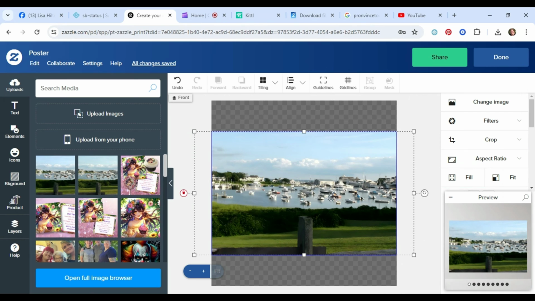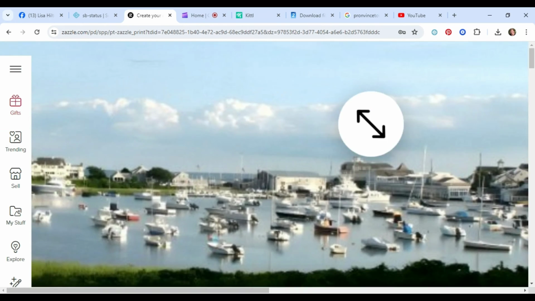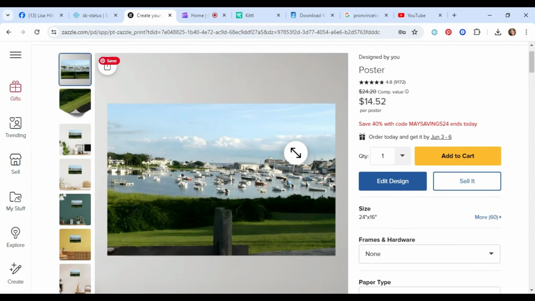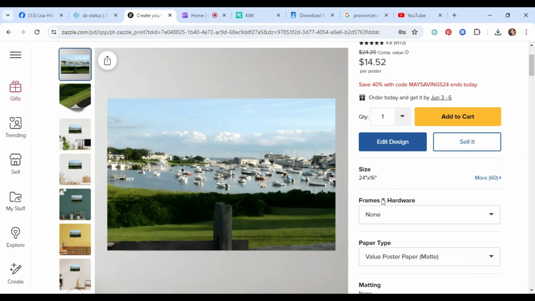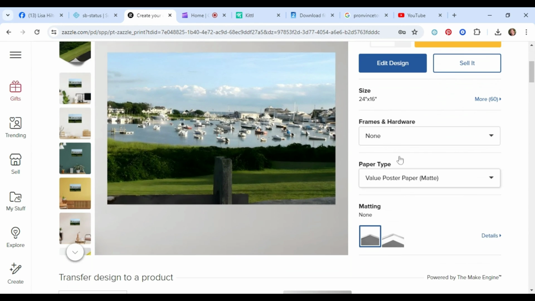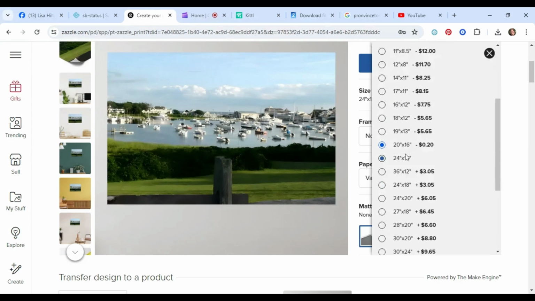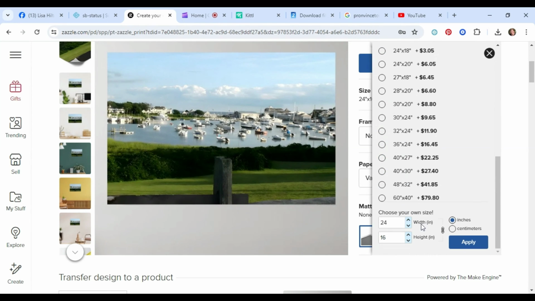So you can look at it and see if you like it. The picture was a little bit longer than this poster, so if you want, you can click on the size, and you can even make your own custom size. So if you want to change the size of the poster, you can,